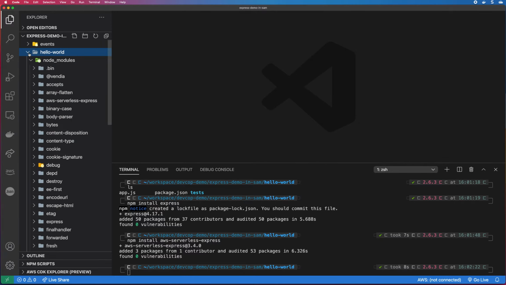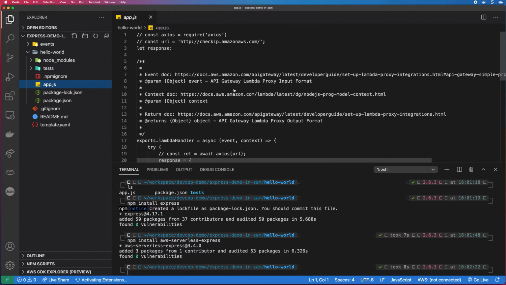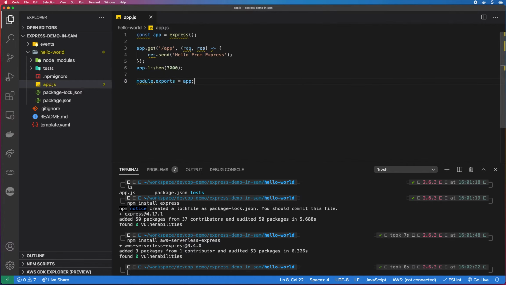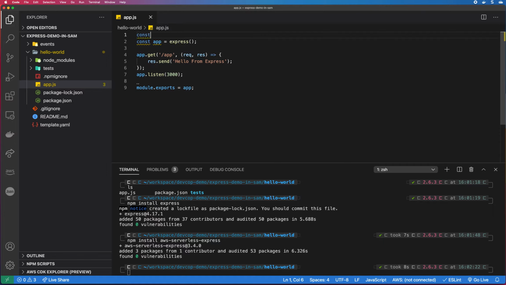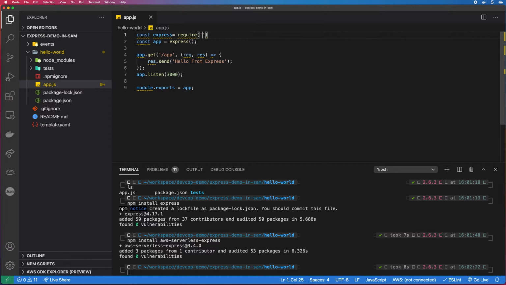the next thing we want to change is in the app.js. So I will replace all this content with the content that I've already prepared. So just to speed things up, I will copy and paste the code here and explain the code afterwards. Okay, const express = require express. Okay, cool. So what this code is doing is simply